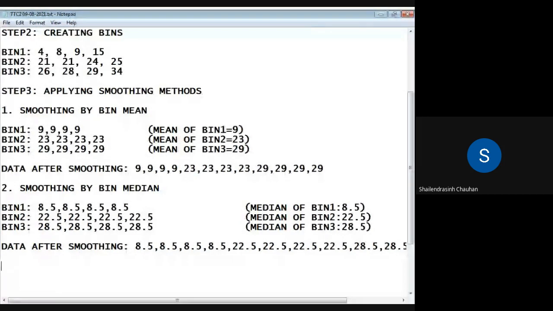The next, third method is smoothing by bin boundaries.